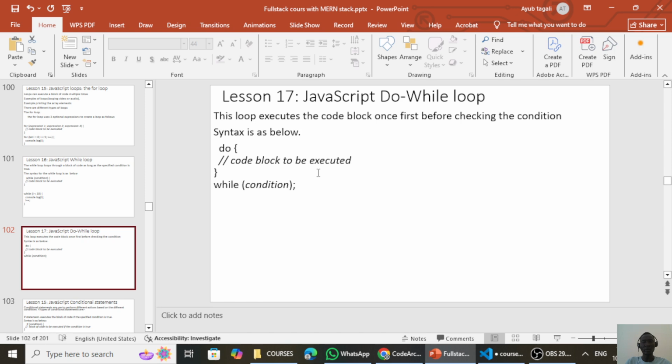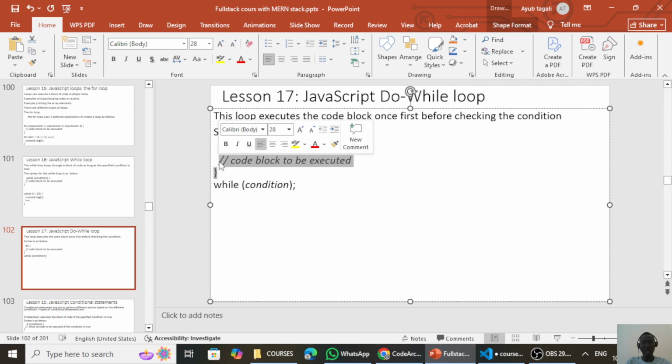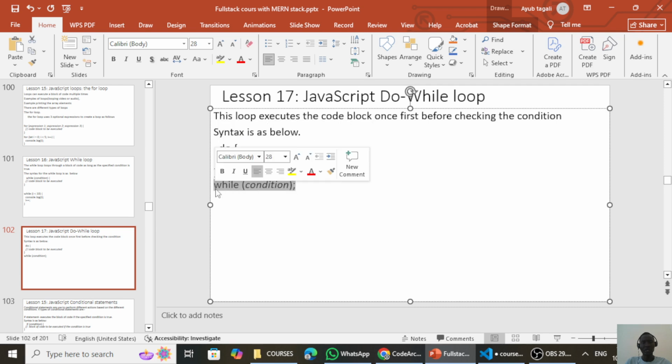But the do while loop executes the code block once first before checking the condition. So we use the keyword do and then the code block to be executed and then the condition using the while keyword. So without further ado, let us get started and see how we can create a simple do while